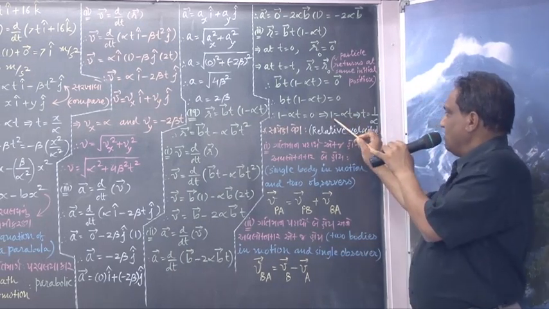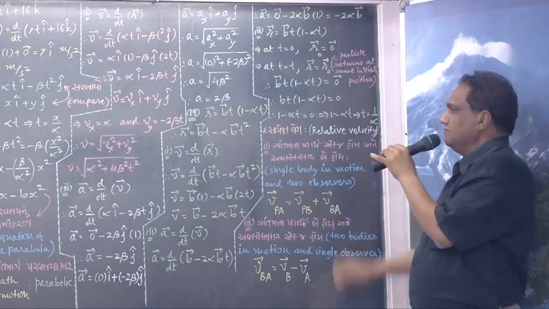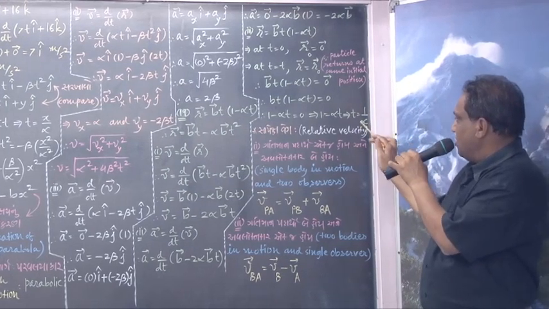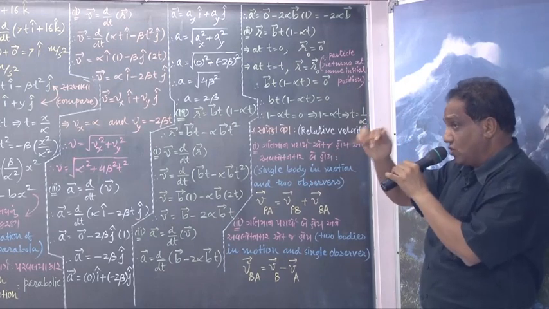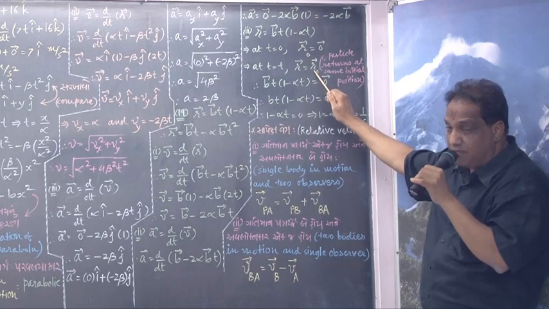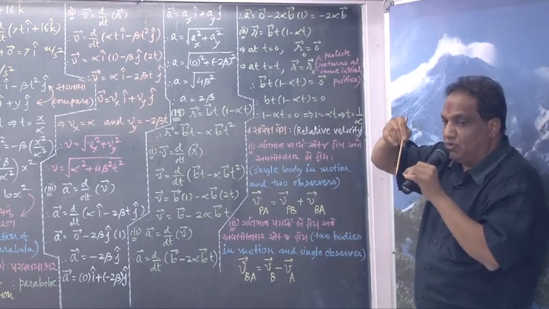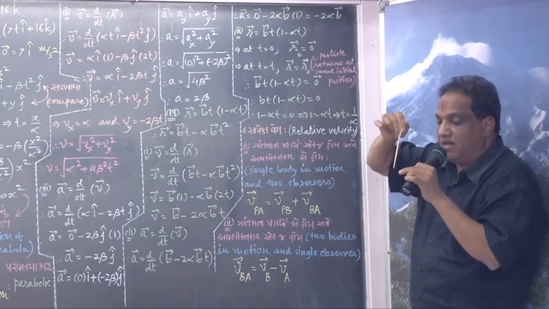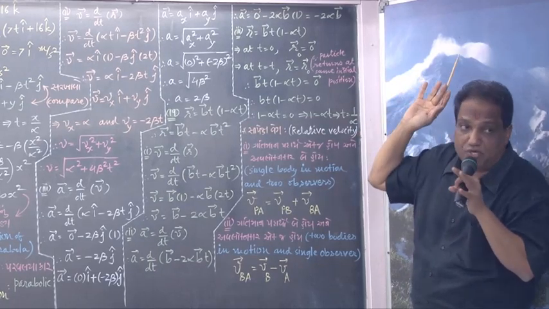So find out t now. t equals 1 upon alpha. At the end of this much time, it will so happen that final position vector and initial position vector will become same. That is, final position will be just coinciding with the initial position. At the end of this much time, the particle will return back to its initial position. Got it?